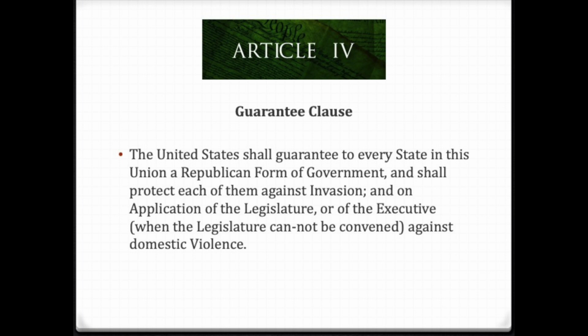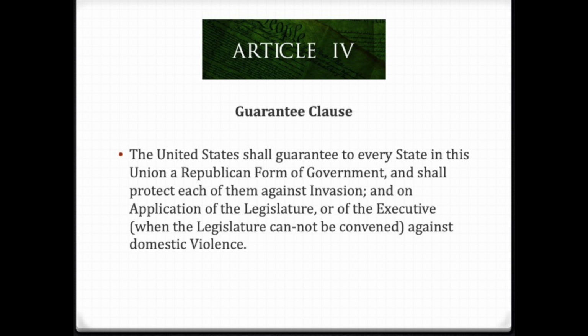And finally, we come to the Guarantee Clause, which is attributed to James Madison. It's not widely interpreted, but scholars think it ensures that each state be run as a representative democracy as opposed to a monarchy or a dictatorship. Courts, however, have been reluctant to specify what exactly a republican form of government means, leaving that decision exclusively to